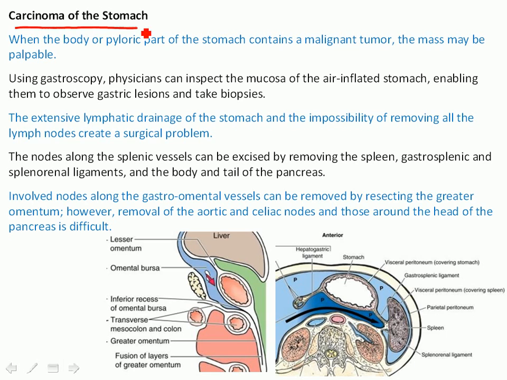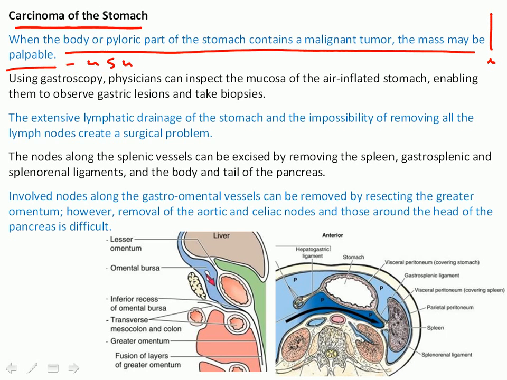Carcinoma of the stomach. As I said, one of the common types of gastrointestinal cancers is stomach cancer. So the body or pyloric part of the stomach contains a malignant tumor. The mass may be palpable. Unfortunately, it could be one of the early signs of stomach cancer, and that is usually already associated with metastasis to the lymph nodes. So it means it's a pretty advanced stage of the cancer when we can diagnose it by clinical examination of